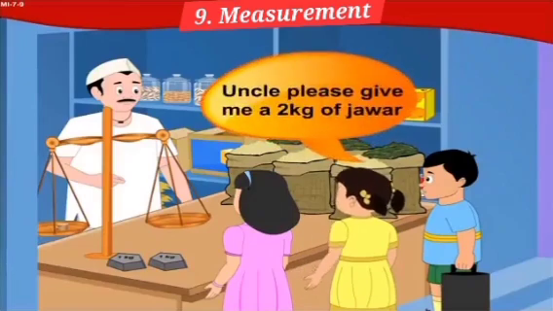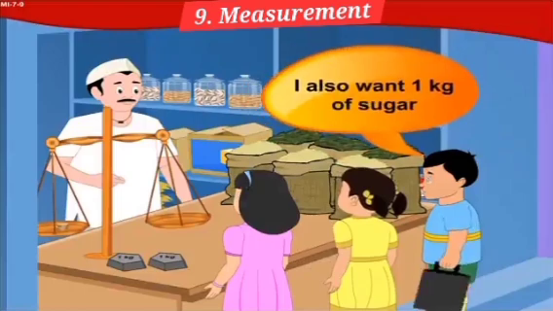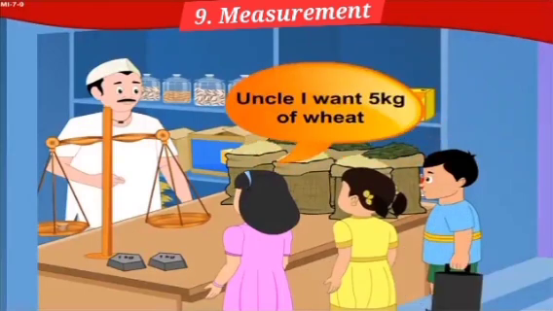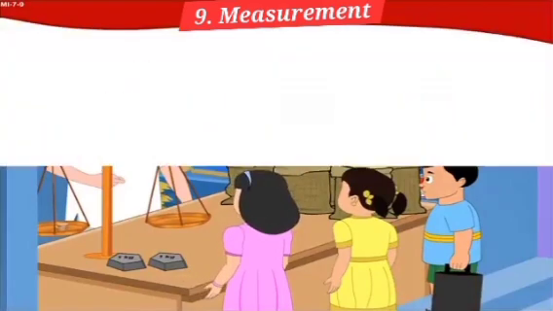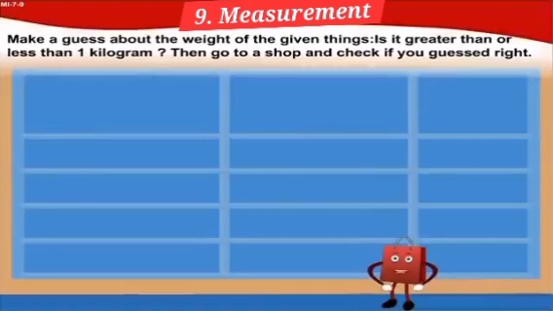Uncle, please give me 2 kilograms of jowar. I also want 1 kilogram of sugar. Uncle, I want 5 kilograms of wheat. Now, make a guess about the weight of the given things. Is it greater than or less than 1 kilogram? Then go to a shop and check if you've guessed right. Now, here are a few things. We need to